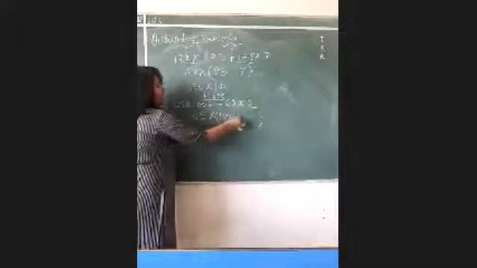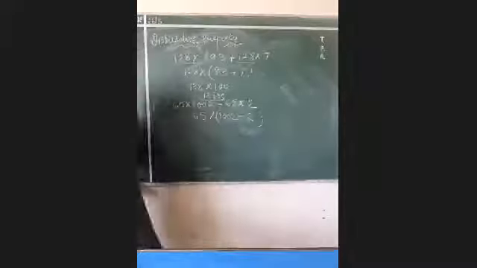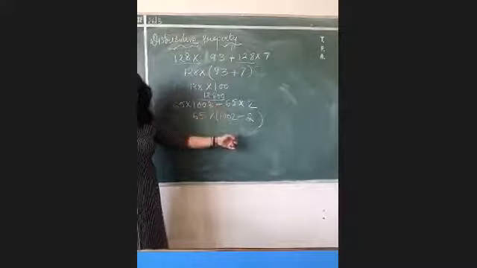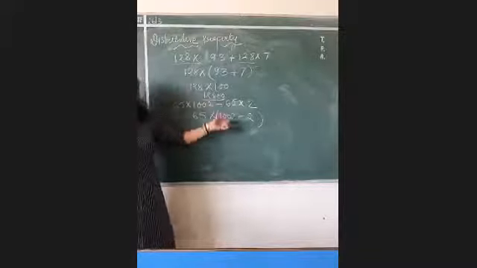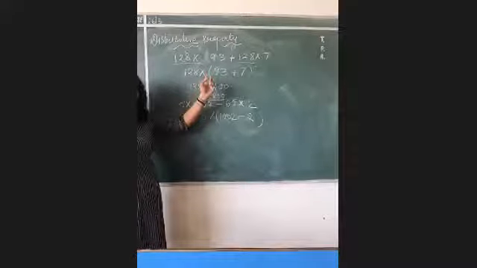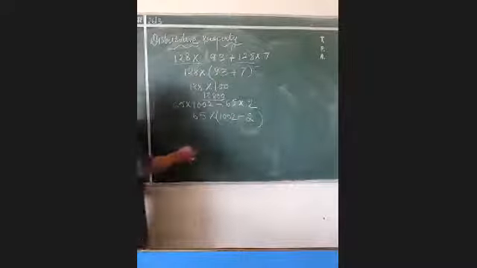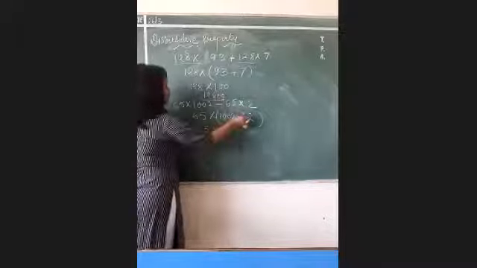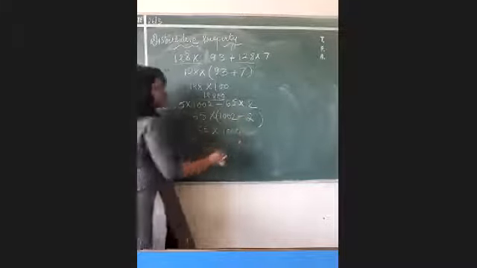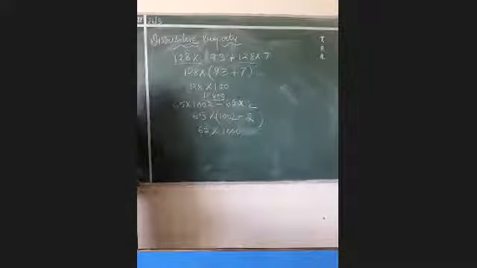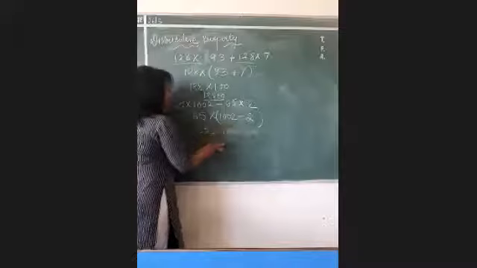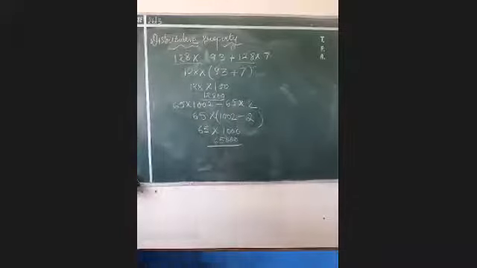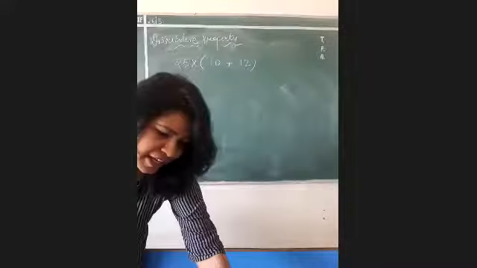Then the sign of minus and only 2, because on that side only 2 is there. Remember, instead of the plus sign, it will be the minus sign. Why minus sign? Because in the question there is a minus sign over here. Now this is 65, the sign of multiply, and 1002 minus 2 will give you only 1000. When you multiply 65 with 1000, you will get 65,000 in the answer. Finished.